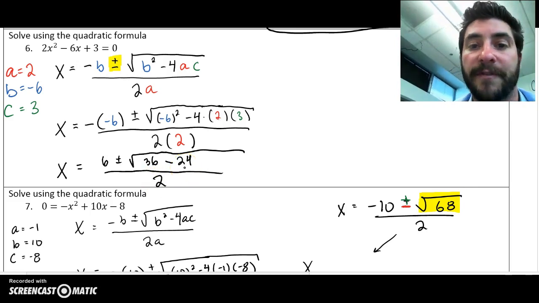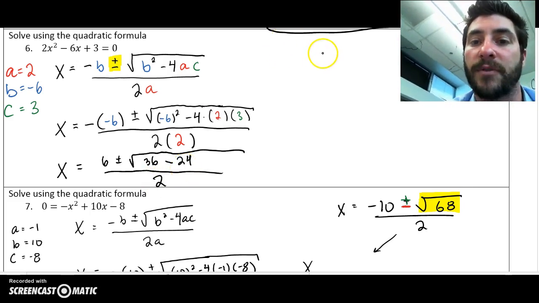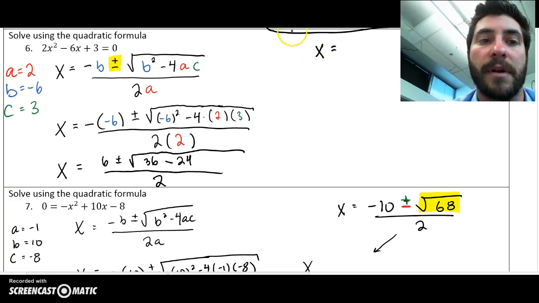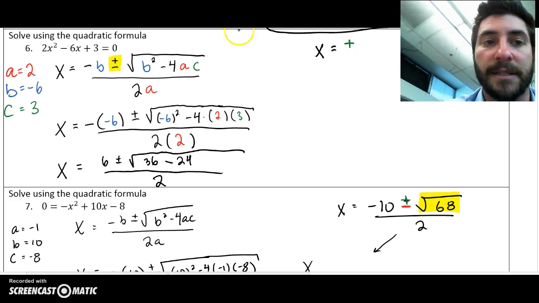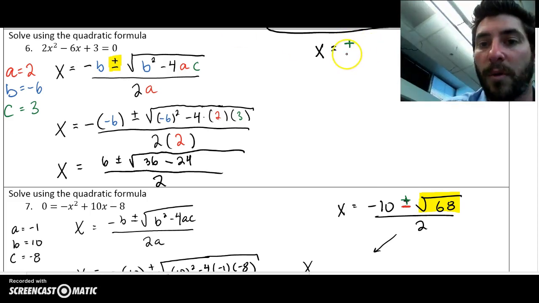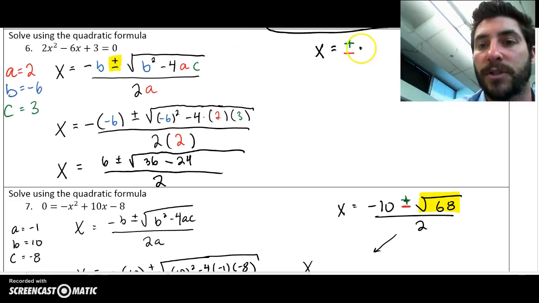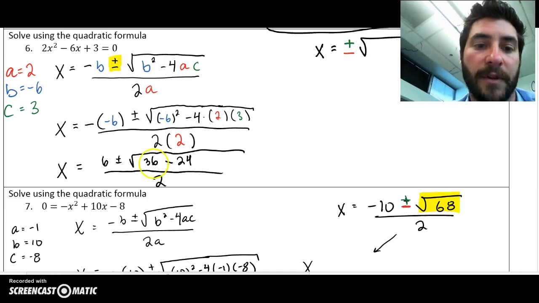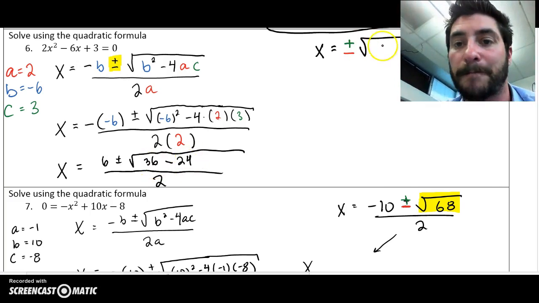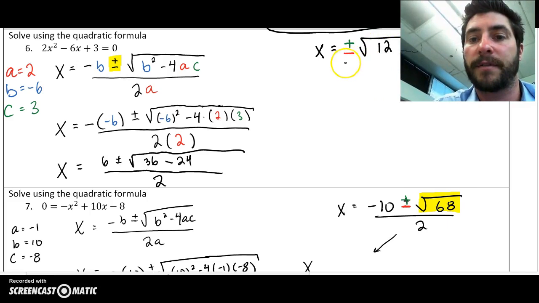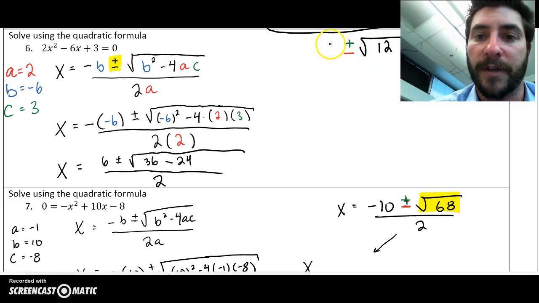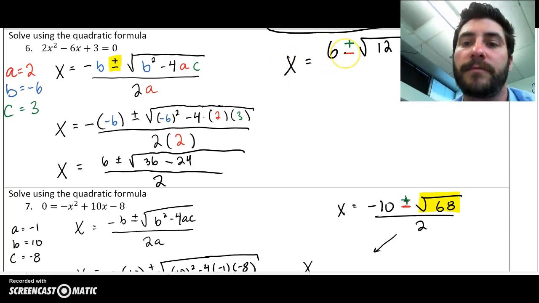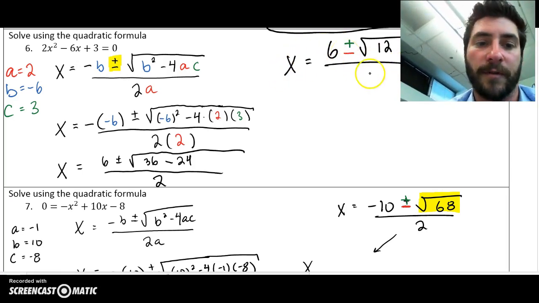So simplifying again, I've got x equals either plus or minus the square root of 36 minus 24, 12. Uh-oh, what did I forget there? Forgot the 6. Yeah, that didn't look right. All over